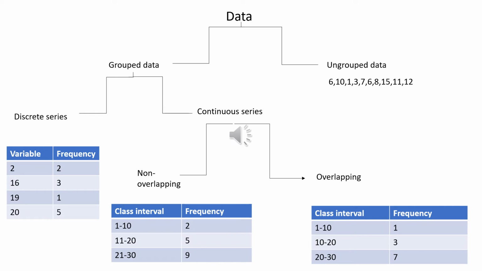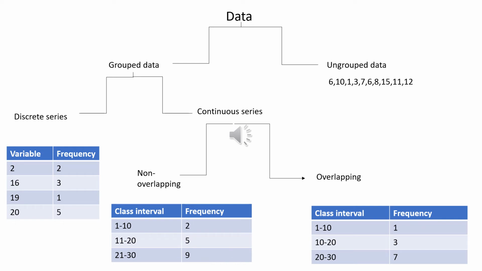Class intervals can also be classified in two categories, non-overlapping and overlapping. So non-overlapping is when the values of variable are grouped in such a fashion that the upper limit of one class interval does not overlap the succeeding class interval. In this table as we have shown, the first class interval is 1 to 10 and the second one is 11 to 20. So the upper limit of the first class interval is totally different from the lower limit of the second class